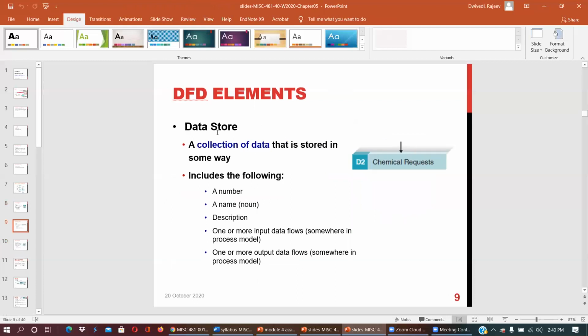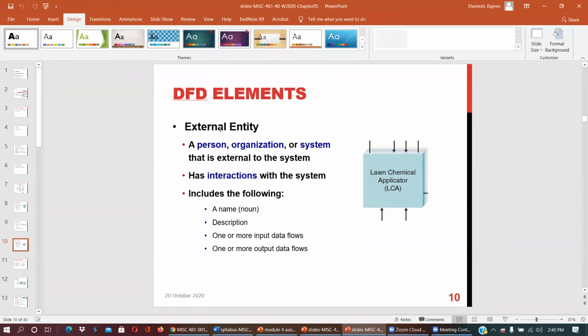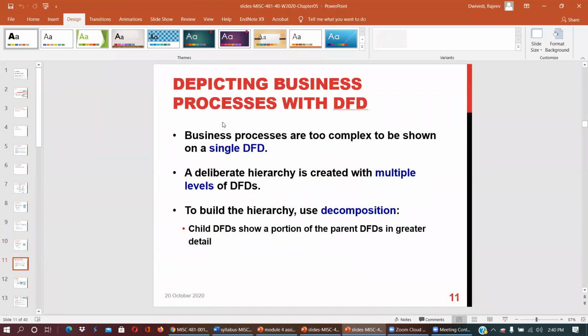First is process, second is data store, third is external entity. Then we go on to depicting a business process with DFD. Basically it is very difficult to show all the business processes in a single DFD.